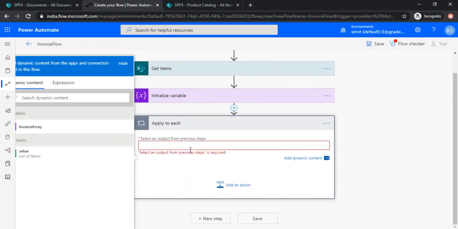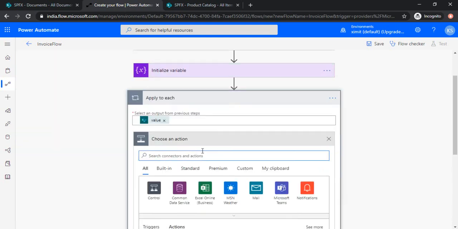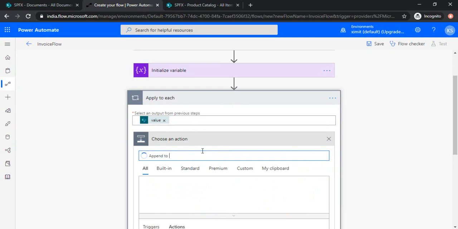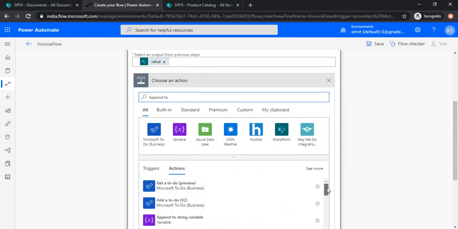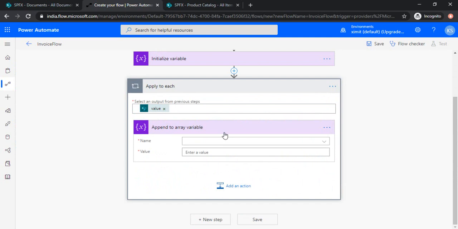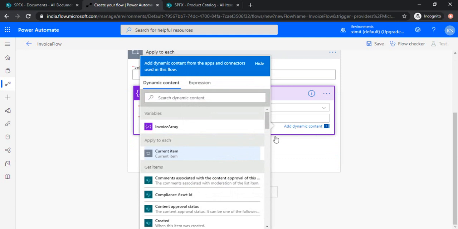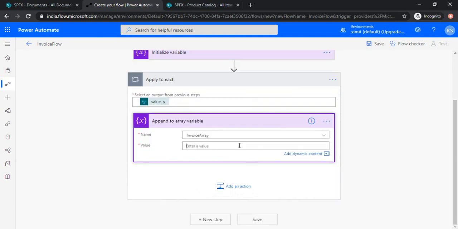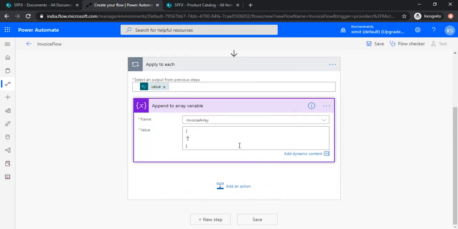Now I need to get all the values from the list items. I'll choose value of items, then add another action which is append to array variable. In this array variable I will append the data. So what would our data be? I will write it manually. Let's say item